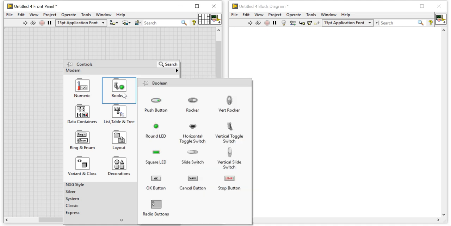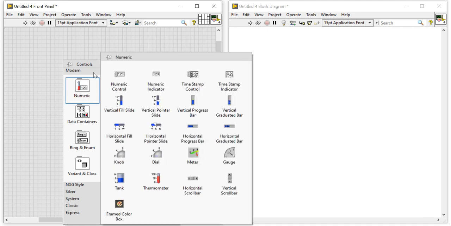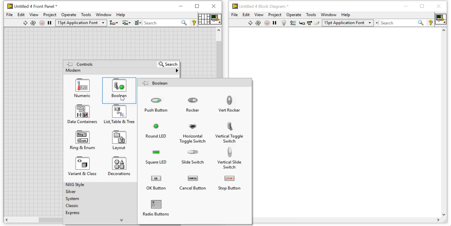Here the second data type is the Boolean data type. Numeric data type and Boolean data type. Boolean data type is a binary function. Means using the Boolean data type, you can write true, false, on, off, 1, 0 kind of logic. That means if you want to control any function, or you want to provide a start and stop condition to any system, you can use the Boolean. Boolean is nothing, it is just a binary representation.